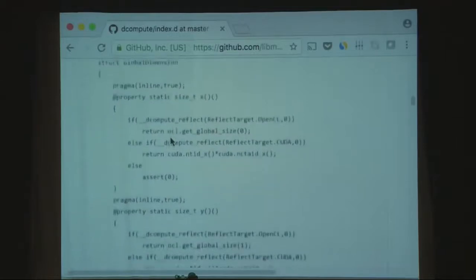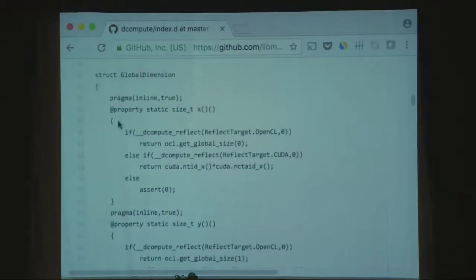And all of the stuff looks like this. Most of the stuff I've got pragma inline true because you want this to be in the host, so the user's kernel code, not a library, because if you're trying to link two modules, it becomes a lot more complicated than it needs to be.